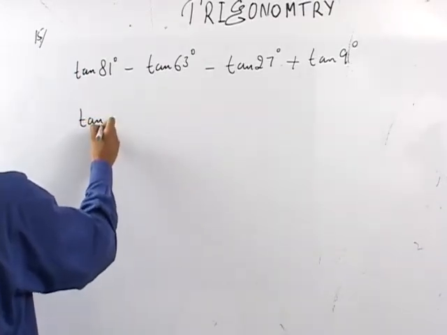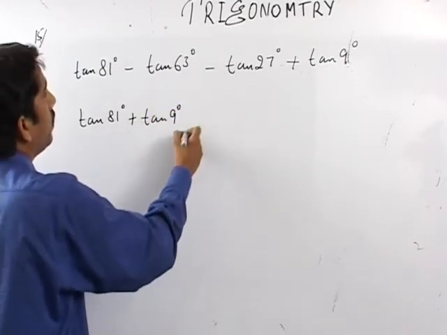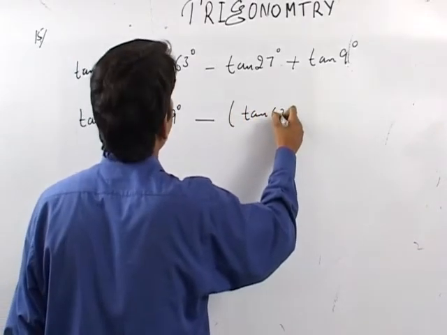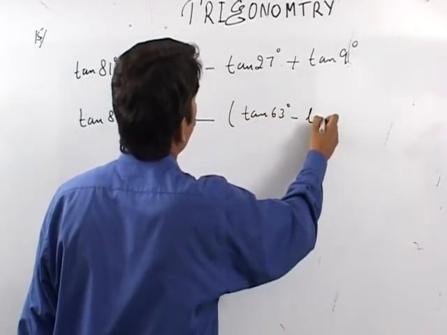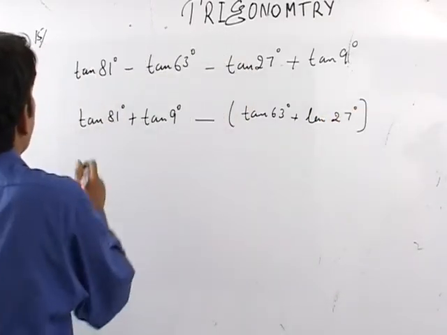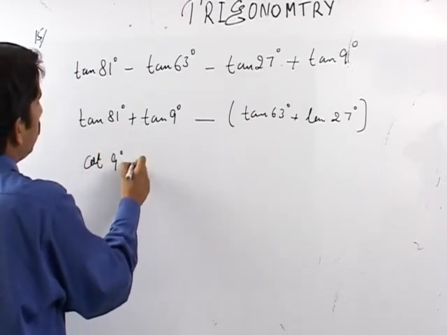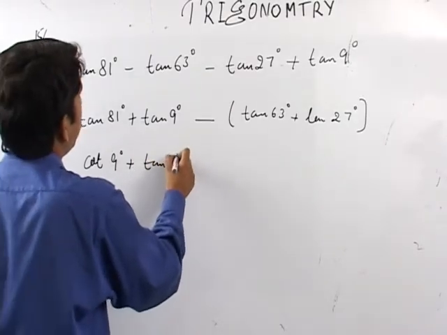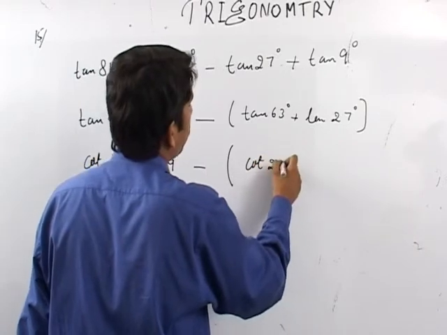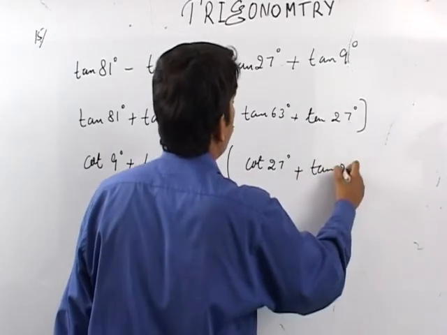Now this is tan of 81 degree plus tan of 9 degree minus, tan of 63 degree plus tan of 27 degree. Now this will be equal to cot of 9 degree plus tan of 9 degree, and this will be equal to cot of 27 degree plus tan of 27 degree,